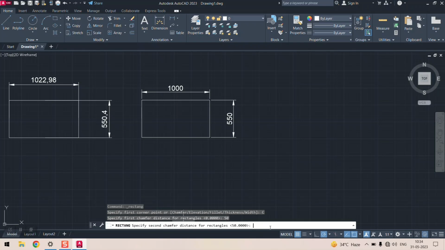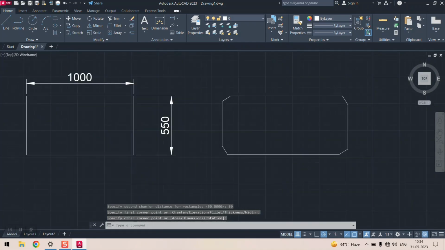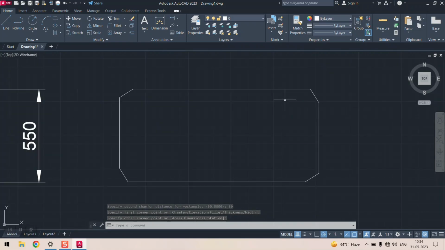Then again it will ask you to specify the second chamfer distance for the rectangle. Suppose it's 80, then you just press 80, and then specify the first corner point. This is your first corner point, and this will be your final rectangle. As you can see, the chamfers in this rectangle are not